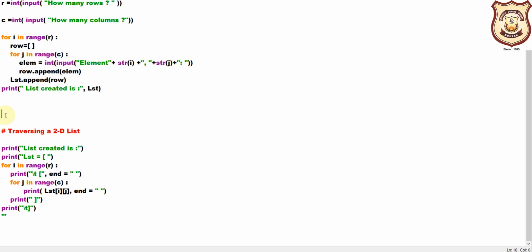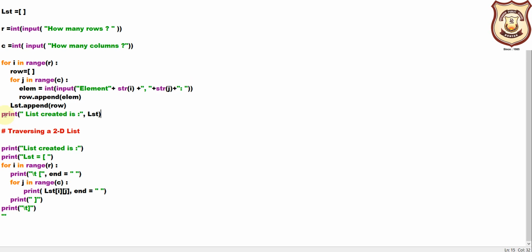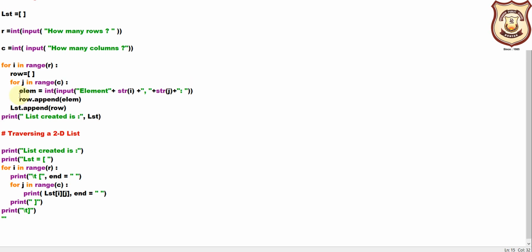We will need both together so that we may see how they are working. Before traversal we need to create this type of list, and it has already been created. Now we will see what we are trying to do.